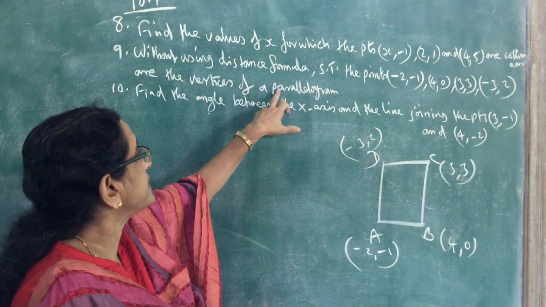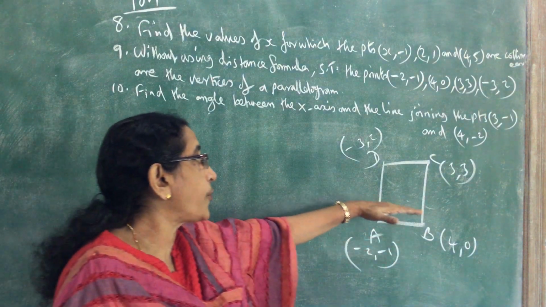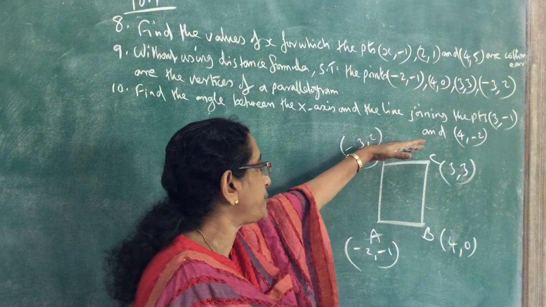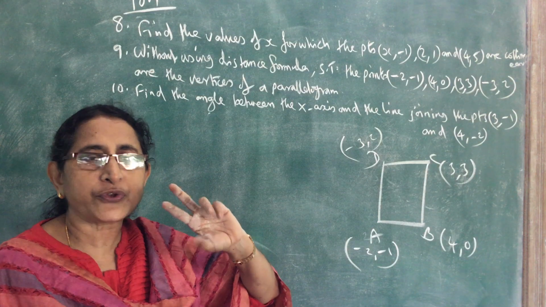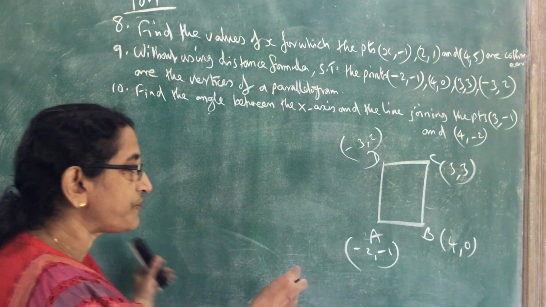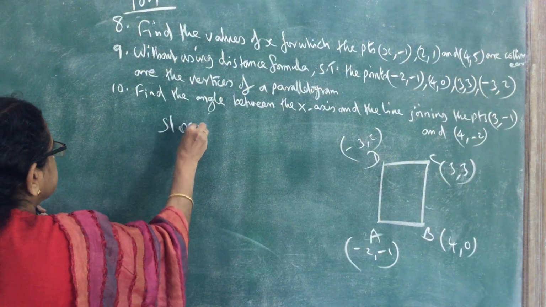So we have to prove that it is a parallelogram. For that, it is enough to prove that opposite sides are parallel. So it is enough to prove that AB is parallel to DC and AD is parallel to BC. To prove two sides are parallel, we can prove that their slopes are equal. So we can find the slope of all the sides. So slope of AB,